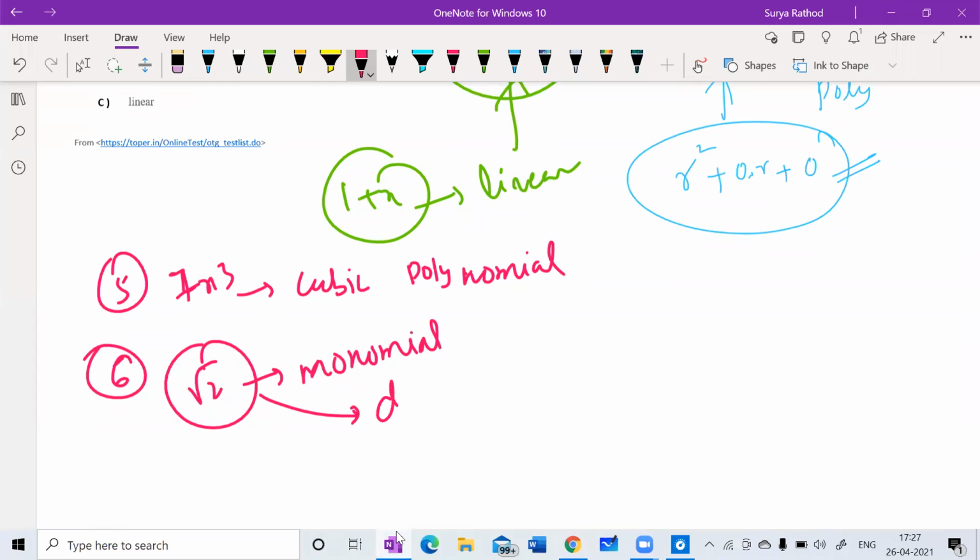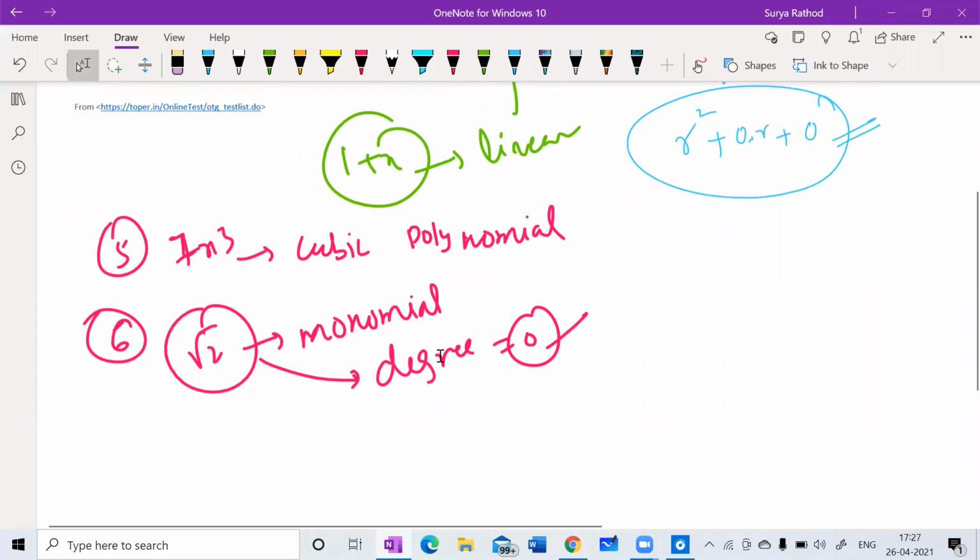What is the degree of this? Degree is 0, not 1. Not 1 by 2, sir. No. When can we write a degree here? Degree is possible when...